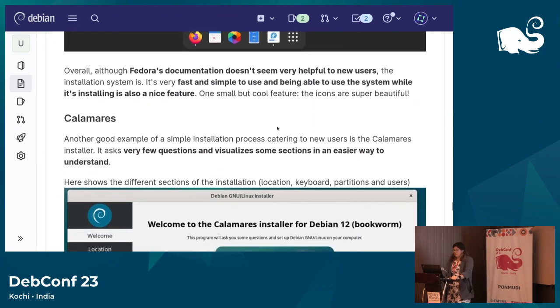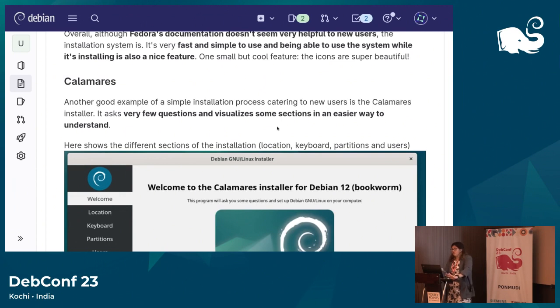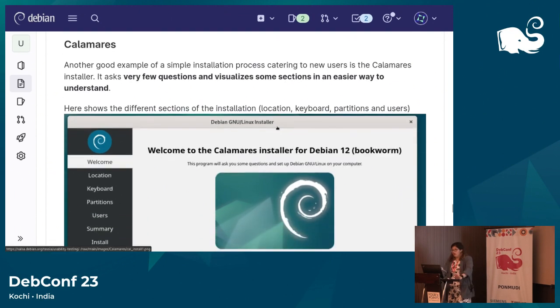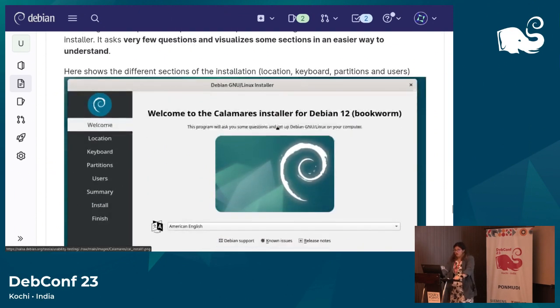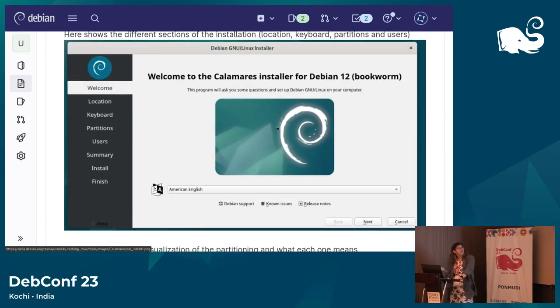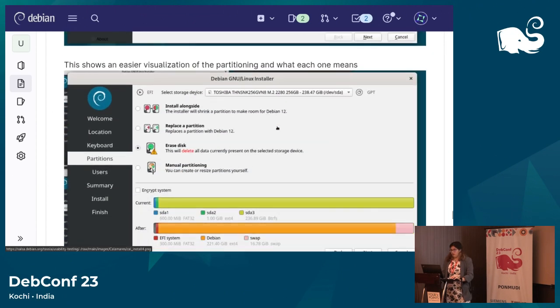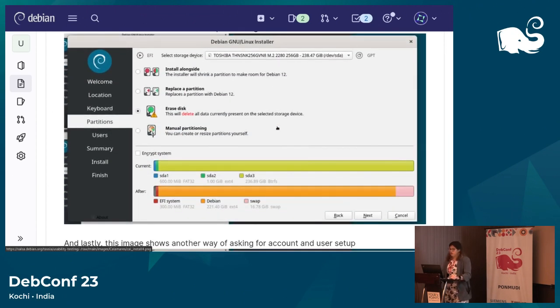But yeah, the installation type overall is very simple for all three of these distributions. And then we also have Calamares here, which kind of follows suit. So you have the menu, which has the steps. So it's also just location, keyboard, and when you get to partitioning, something that we personally thought was a nice